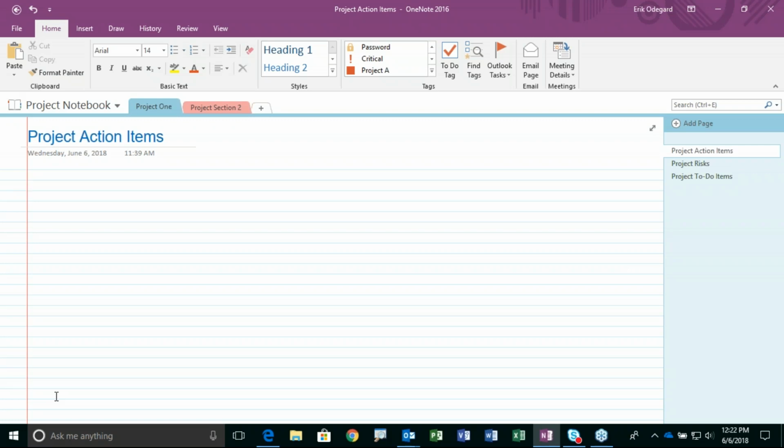Another cool thing you can do is set up Outlook checklist items right here in OneNote. And to do that, again, you just start typing something. You could say, set up project closeout meeting, and